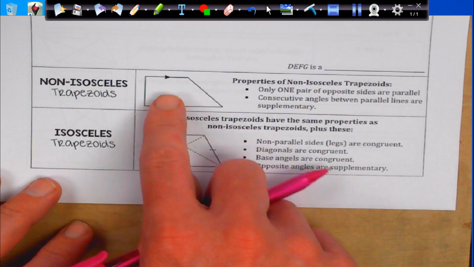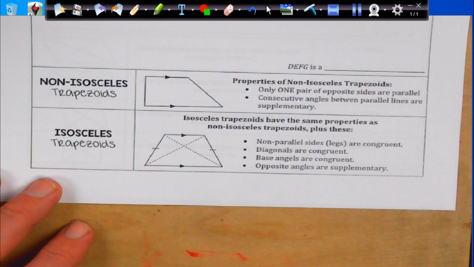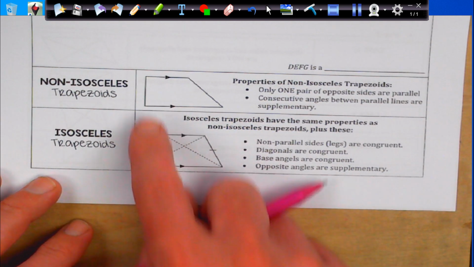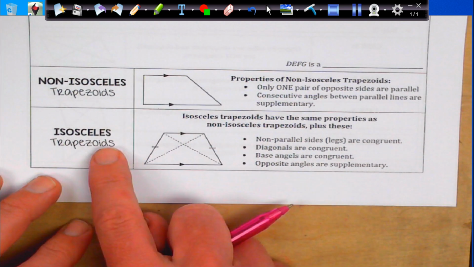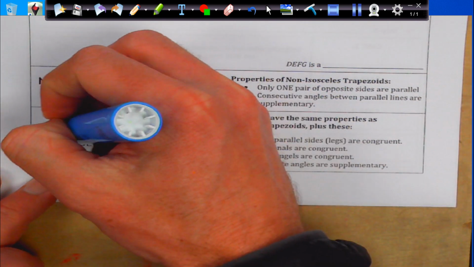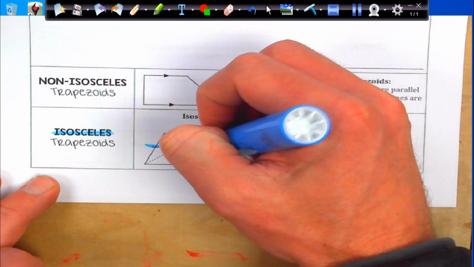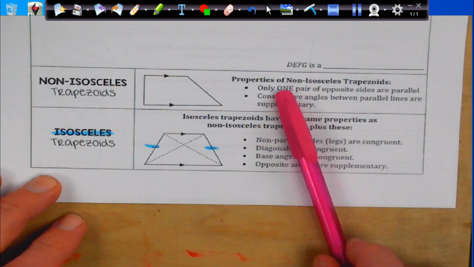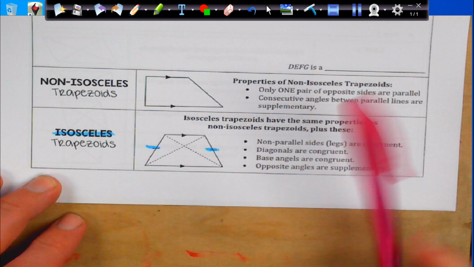But in real life, traps, we have trapezoids. So here we go. We have non-isosceles trapezoids, and we have isosceles. We're going to look at both. Non-isosceles means these two sides are not congruent. Isosceles means these two sides are congruent. So really the key here, when I say isosceles, I'm referring to these being equal versus these two are not. If it's not, we only have one pair of opposite sides that are parallel, which we see right here,